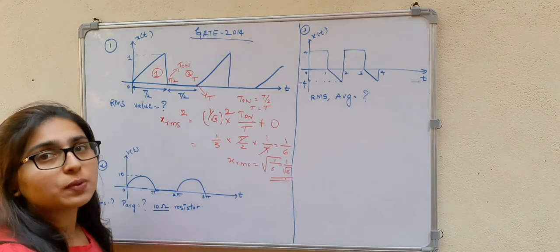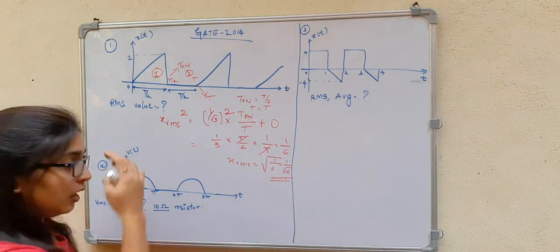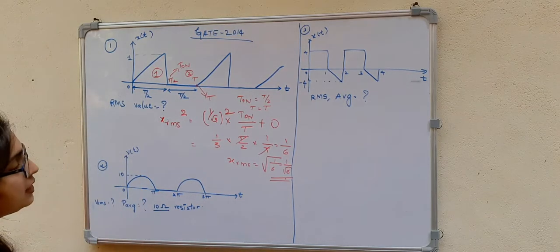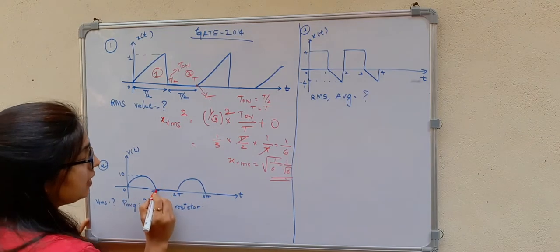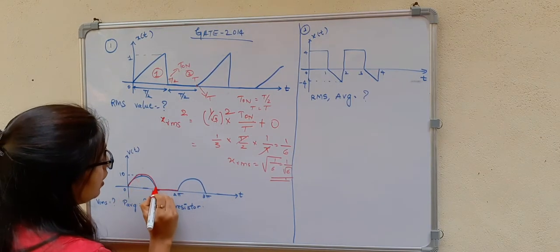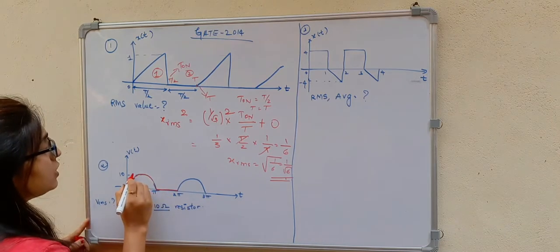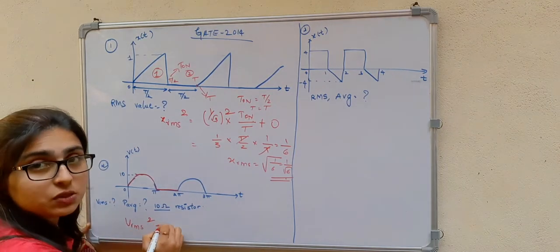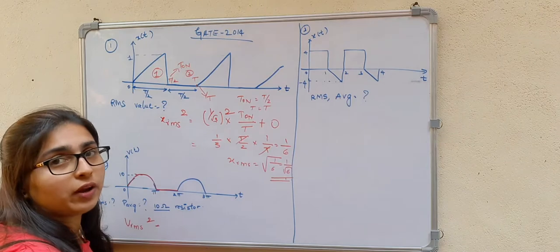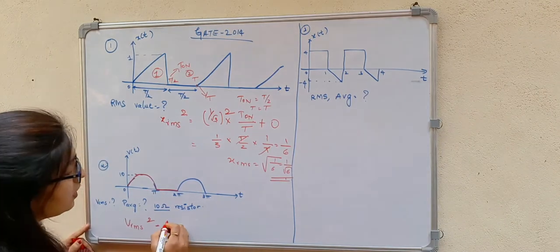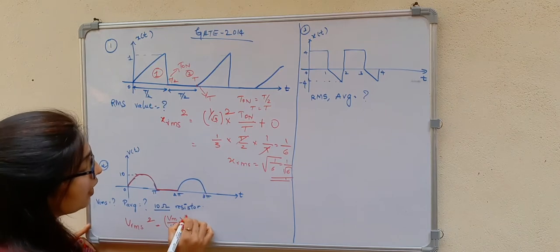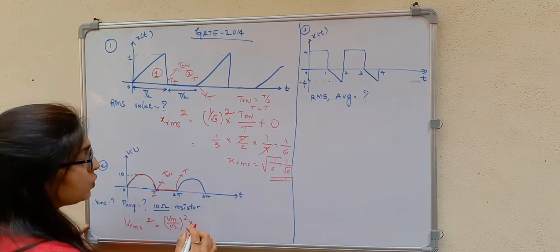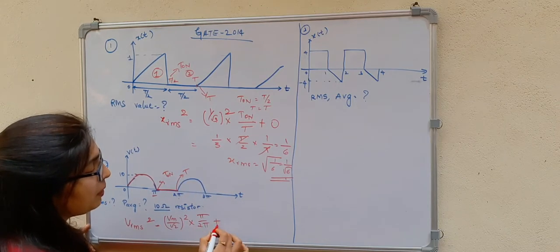First we have to find the RMS value of this voltage, and then find the average power that is dissipated in the 10 ohm resistor. See, here also we have a constant part, and here we have a sinusoidal part like this, with peak value 10. So V RMS squared is equal to, the RMS value of the sinusoid is Vm by root 2, right? So Vm by root 2 whole squared into T on by T, which is pi divided by 2 pi, plus 0.